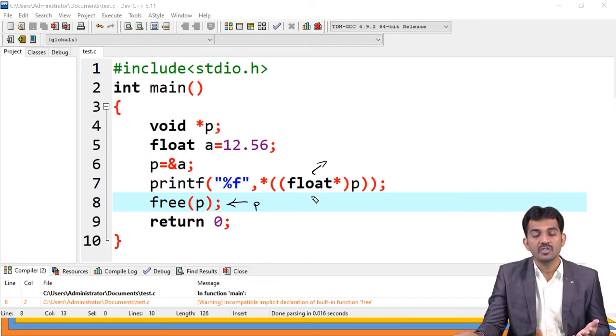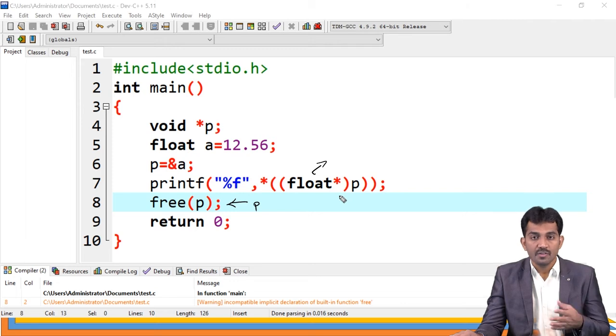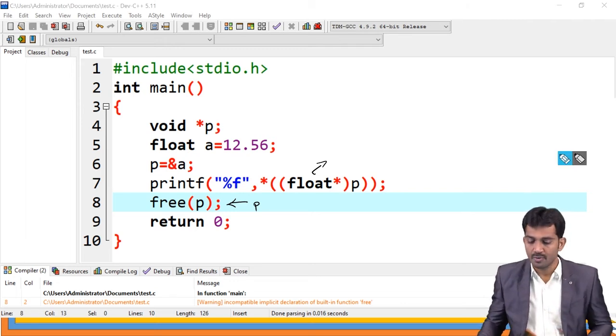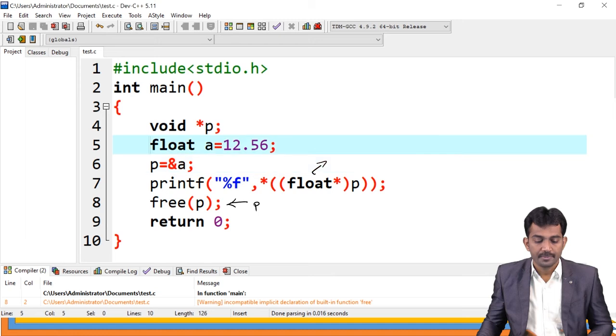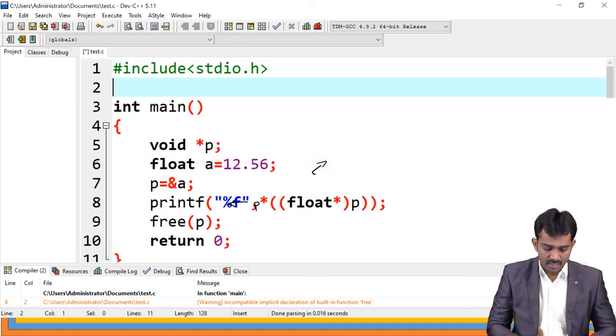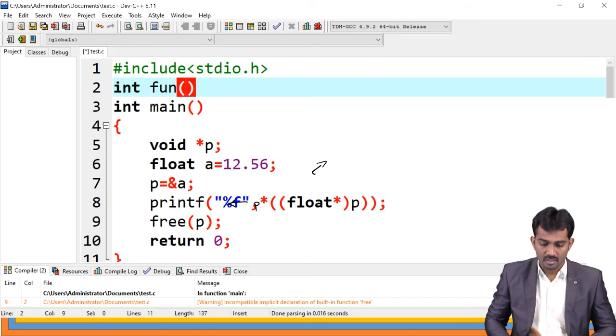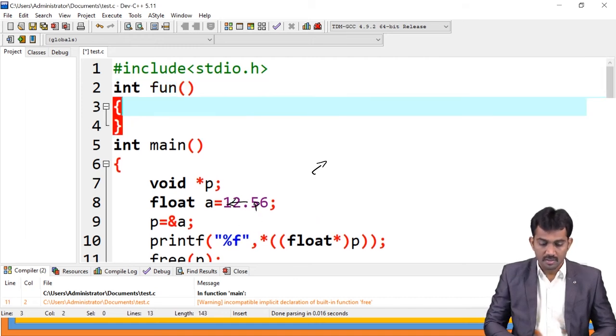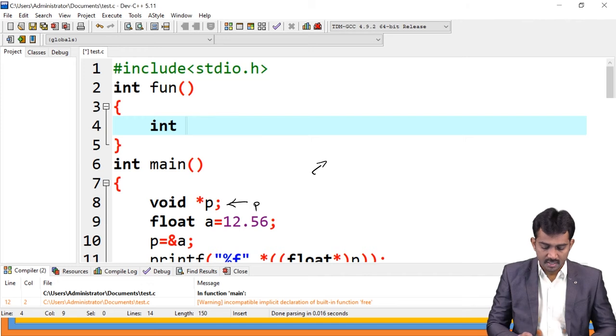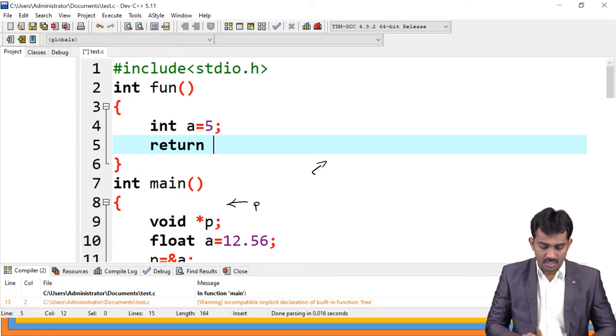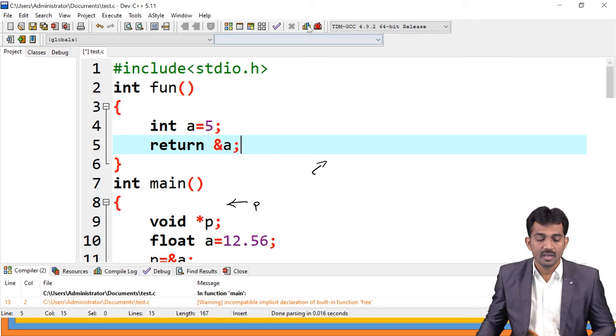Even in functions, you can get a dangling pointer. Means if you allocate normal memory, for example, I'll show you. See, int a, int function. Int a equal to 5, return ampersand of a, means return the address, right?